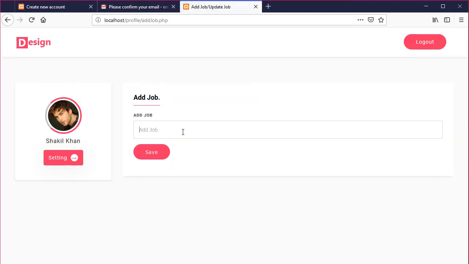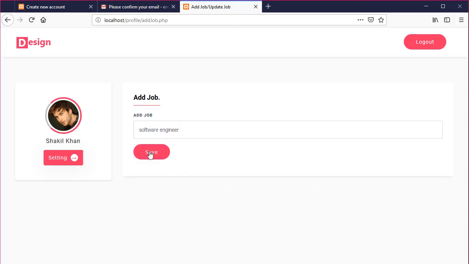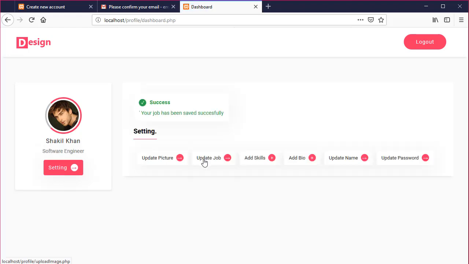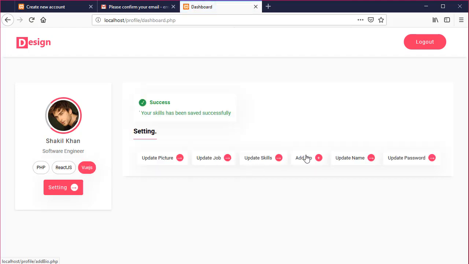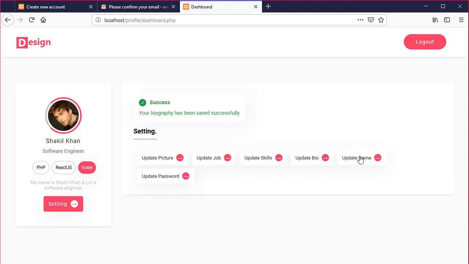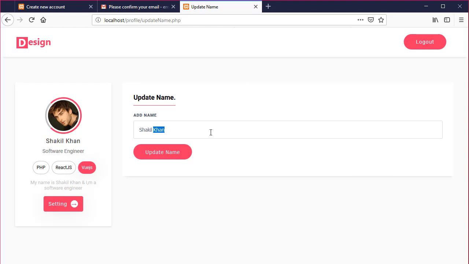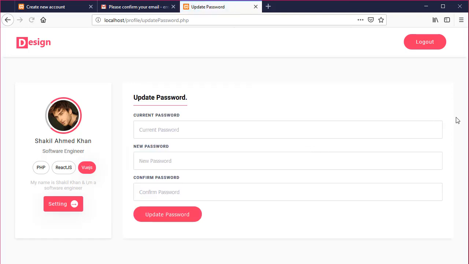Now add job, software engineer, and now save. And now add skills, PHP, React JS, Vue.js. Now save skills, and now add bio, save bio, and now update name. Let's say Shakil Ahmad Khan. And now we can also update the